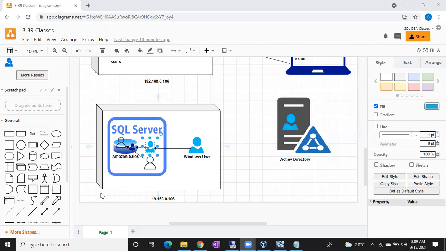So again, no need to give access separately on any database for Srinath. Is this point clear or not? Yes, this one is clear, sir. If Srinath is sysadmin, no need to give access to Srinath on any database. Srinath can access all the databases.